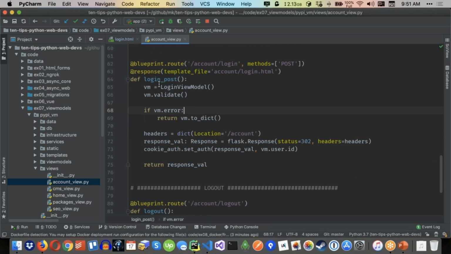But over here, we're going to say login and then validate. If there was a problem, we're going to take the data they submitted and put it back in the form. Otherwise, if it was all okay, we're going to use the data from the view model and carry on. All right, so check this out. If we go over here,